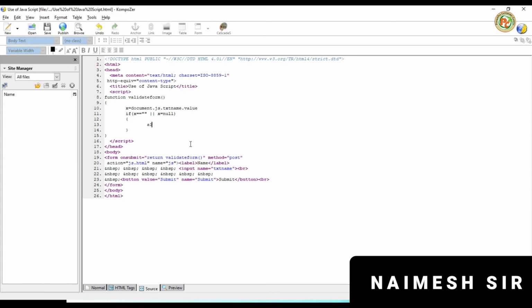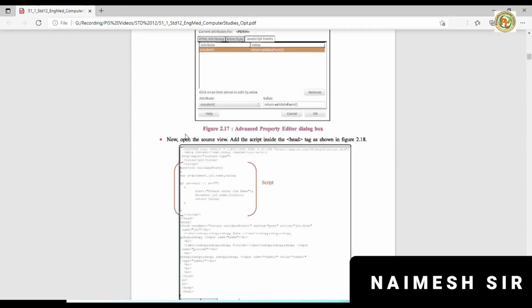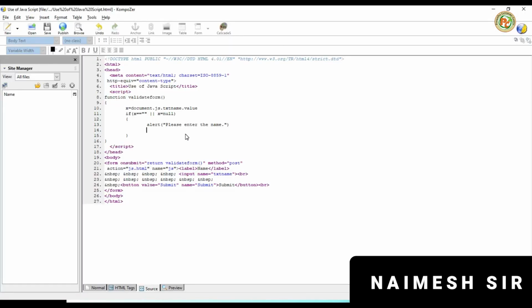So what to do? Alert message, and we will type here, please enter the name properly. Please enter the name, just say. Okay, and then after displaying the message, what to do? We want to focus on the same name field. Our cursor should be on this text box. Okay, so we will type here